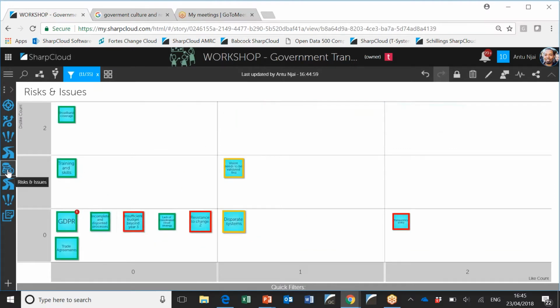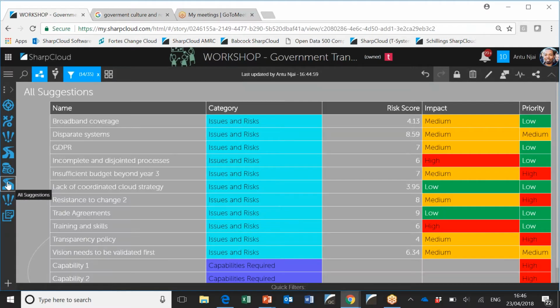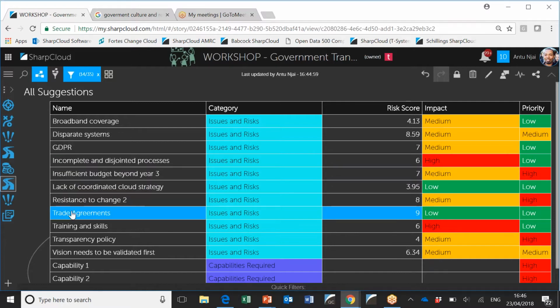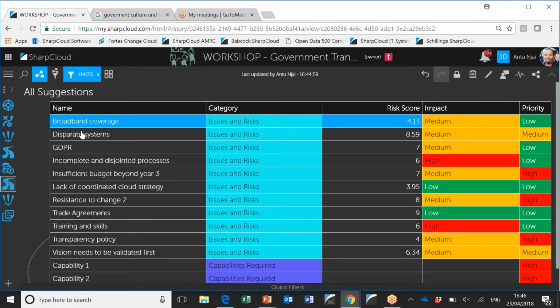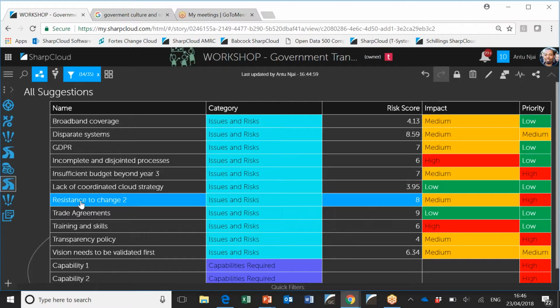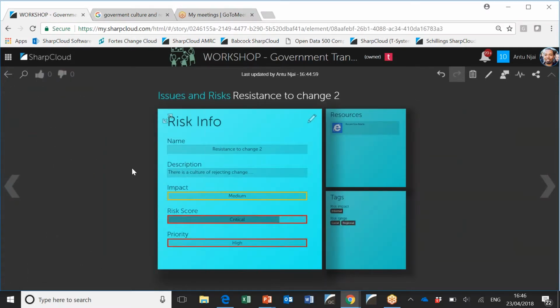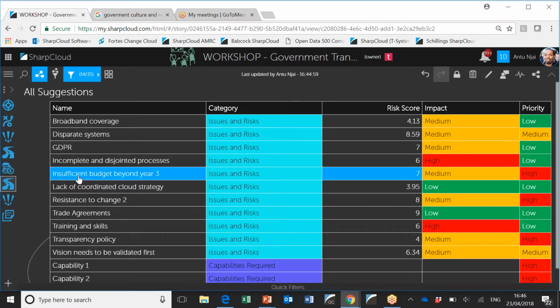What we may want to do is also capture information via what we call likes and dislikes in SharpCloud. But that again is something that we'll come to, because you need a SharpCloud account for that. So let's come back to that. We might just present everything in a simple table. So sometimes you just want people to see that you've captured things, you know, what the list of ideas is, get them to contribute further. You can again just right mouse click and open the item, review its details, and continue to build it out.